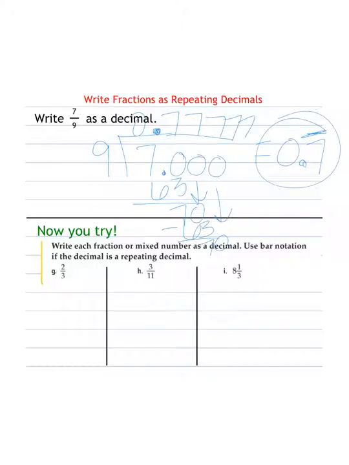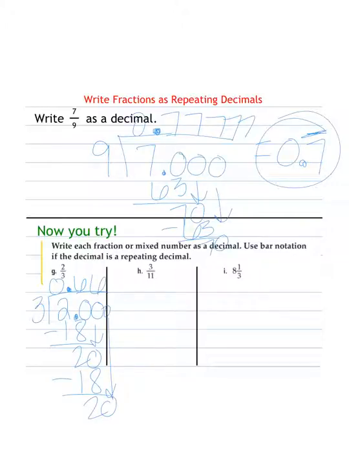So 2/3, 2 divided by 3, add my decimal. Remember, I'm adding a decimal and zeros because my number inside is smaller than the number outside. So I add my decimal with zeros in order to give me more values and places to work with. 3 can't go into 2, bring my decimal up. 3 can go into 20 6 times. 6 times 3 is 18. 20 minus 18 is 2. Bring down my 0. Again, 6 times 3 is 18. 2, add a 0, bring it down. So we end up with